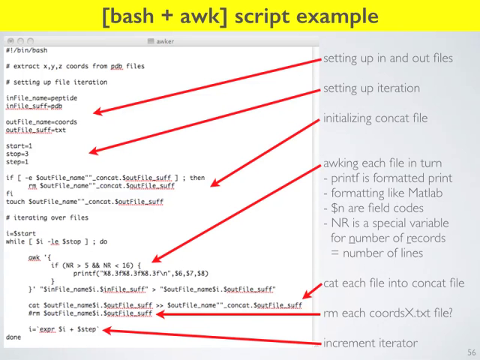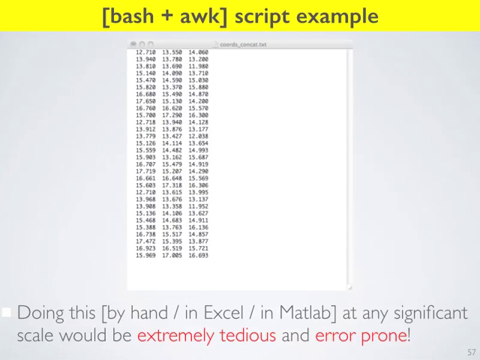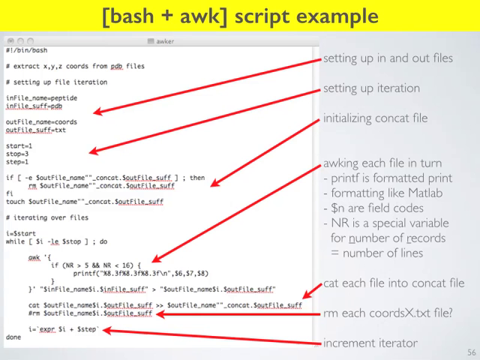And so we have an individual file corresponding to each PDB file, and we have one sort of agglomerated file with all the XYZ data all dumped together. And so then if you look at the final coords_concat.txt, it looks something like this. And so the first 10 lines came from peptide 1, the next 10 from peptide 2, the final 10 from peptide 3. So why you'd ever want to do this, I don't know, but I'm just trying to illustrate a point for you. Okay, so there's quite a lot going on in there, but the real thing I want you to understand, we're really just scratching the surface of awk, is this number of records idea that allows you to skip lines and printing stuff in a nice formatted sense. And so you can actually go a long way with awk, just having those two things.